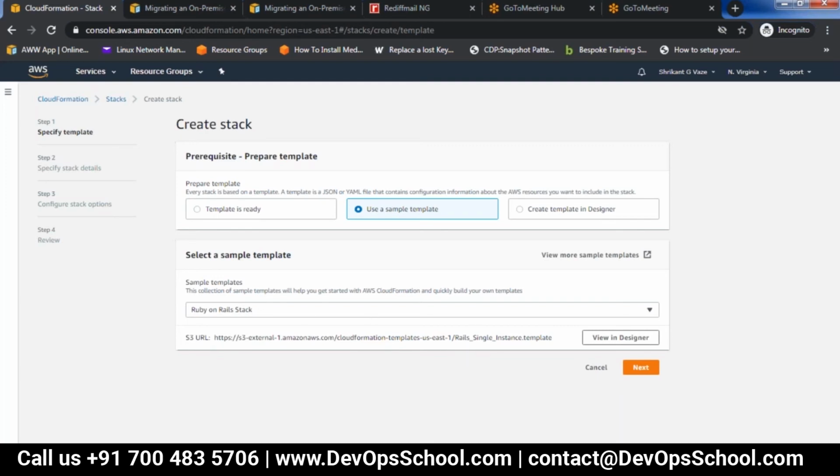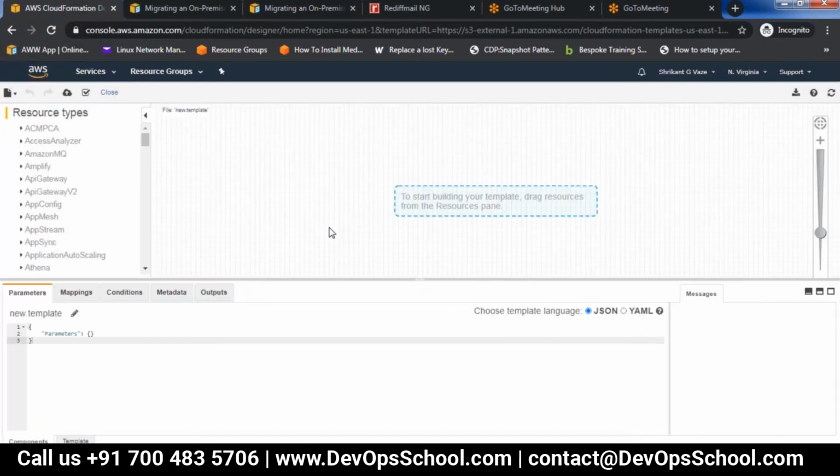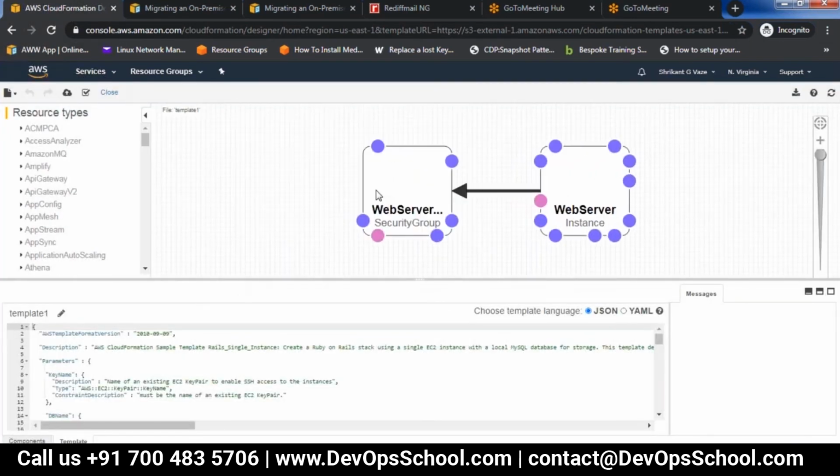I will just show you how it looks, what components it is going to create. Okay, so this is going to create two components. One is the security group and the other is the instance. On this instance, it will be installing all the Ruby on Rails required components.